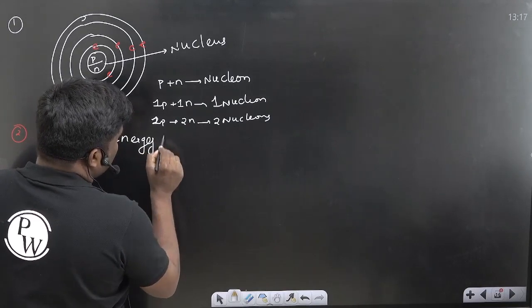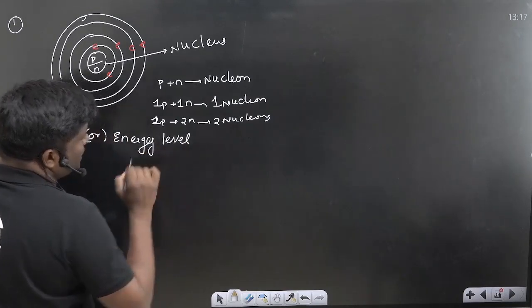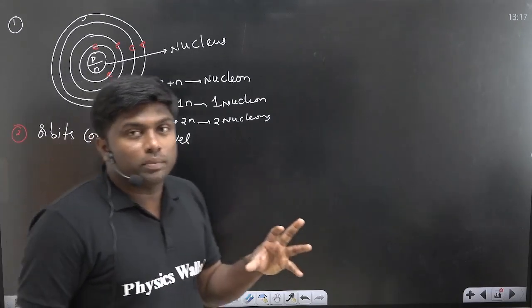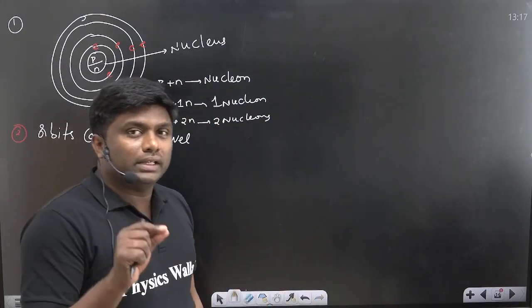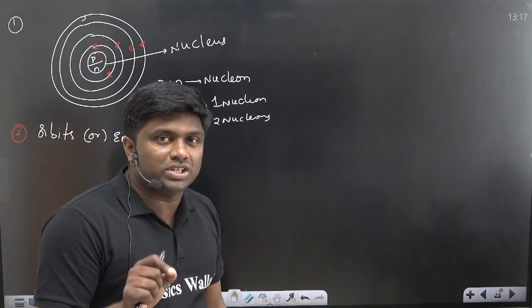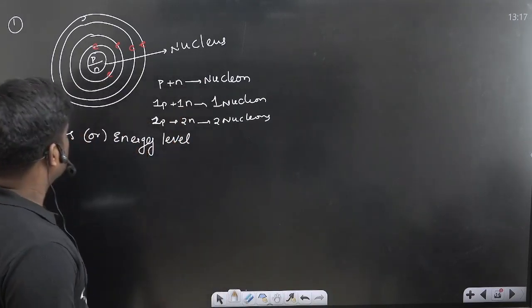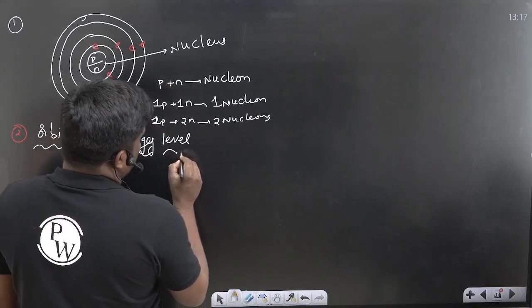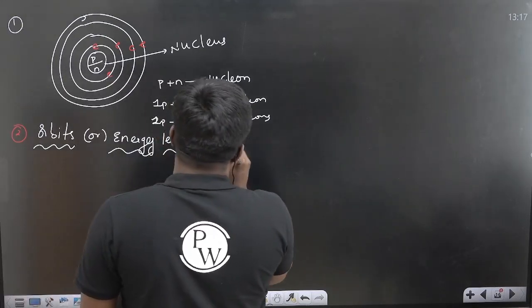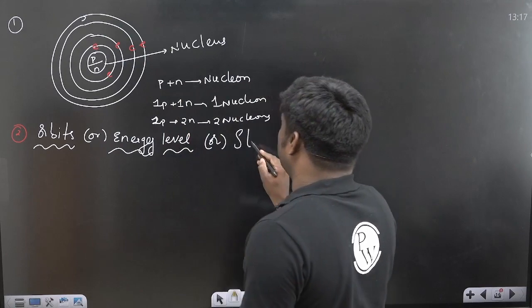Why are they called energy levels? Each orbit is associated with some fixed amount of energy. That's why these are called orbits or energy levels, or stationary energy levels,